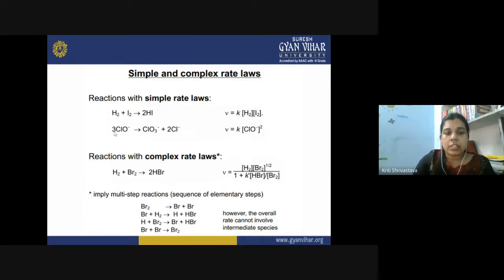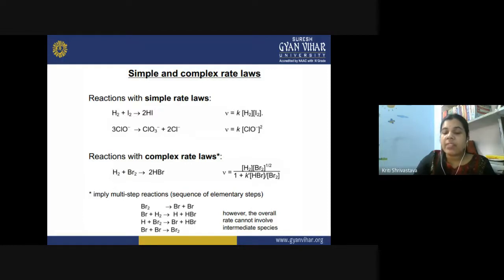Similarly, if you write down this perchlorate ion, ClO4 negative, you will write down the breakdown of this ion like this, and this is also a one-step reaction. So the rate will depend only on the concentration of one reactant. So these are the examples in which the reactions have simple rate laws, but we also have the reactions